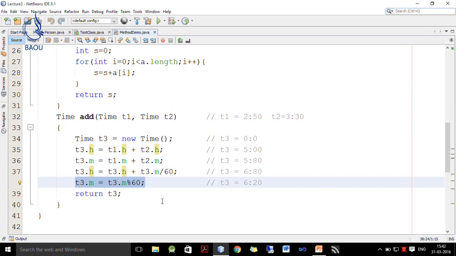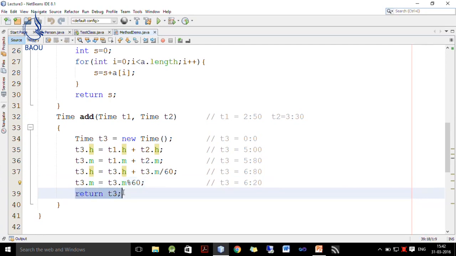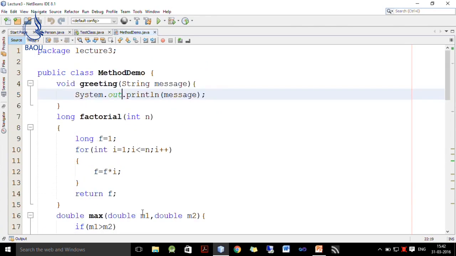So, 80 modulo 60 is 20. If I divide 80 by 60, I will get remainder 20. So, this is how we get the final answer, and once we have the final answer, we return it to the calling method. So, this is how all these methods work.